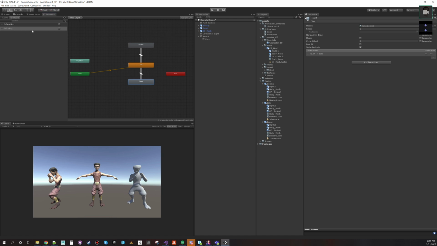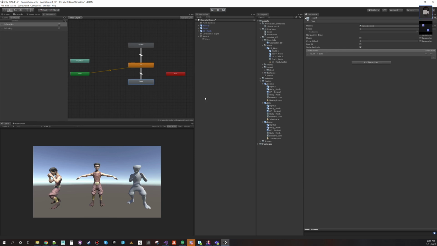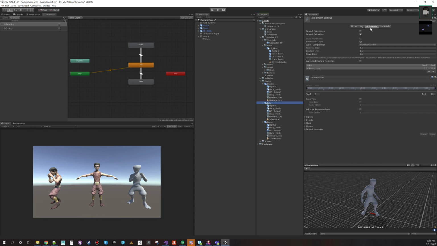So by default, I have nothing. So it should not go to any of these, taunting or boxing. Let's find out. Because both those conditions are false. And it stopped. Why did it stop? Because we did not have our idle set for looping. If I click here and I click this motion, you will see loop time is not on. So I go to my idle, I go to my animation, and it says loop time. I can say apply. Now when I hit play,